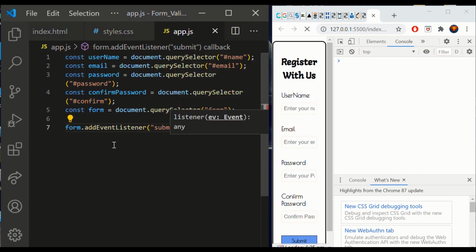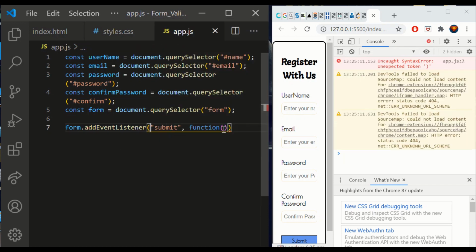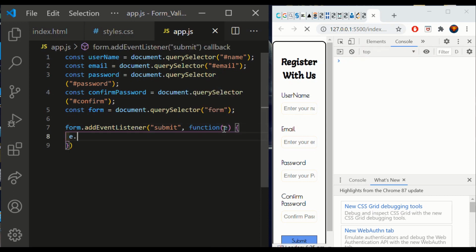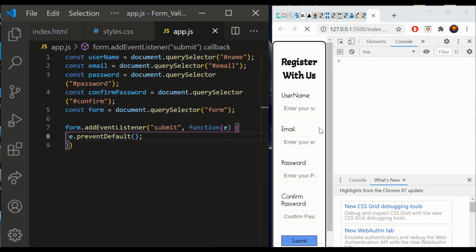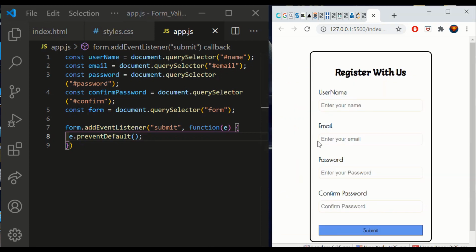Function with our event. So first, every time we do a form, we have to do this prevent default so that nothing happens when we click. Yep, it defines an. So when we click the submit button,